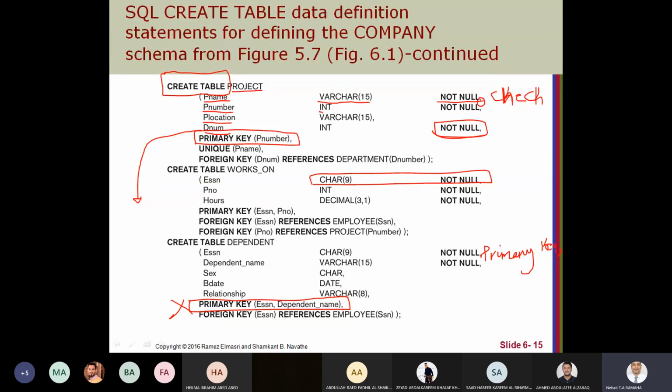Yes, you can. Okay, dependent name here also the same, primary key. So now it will know that we have two attributes as the primary key. So I can write it like this on the same line with the attribute or in a separate line.